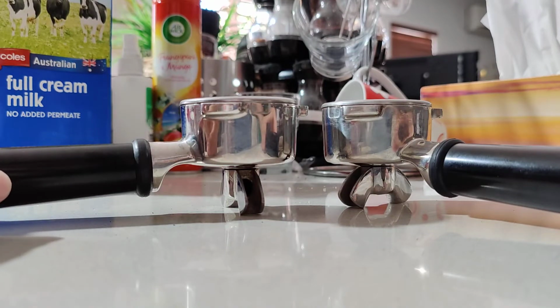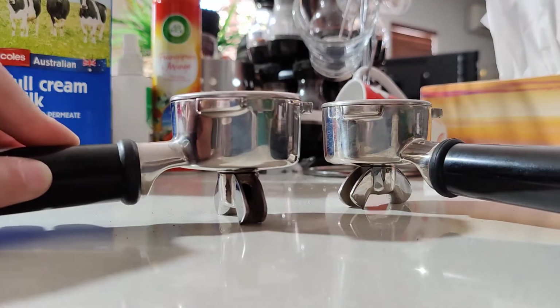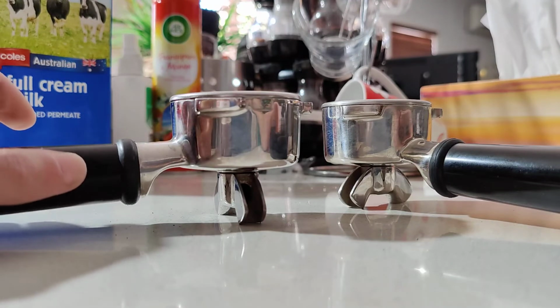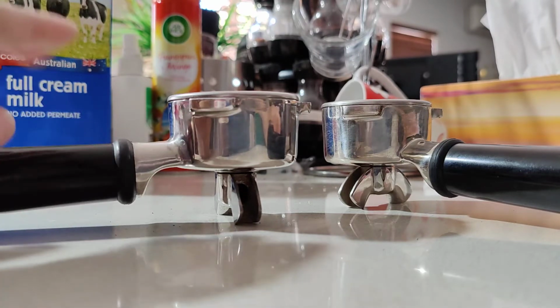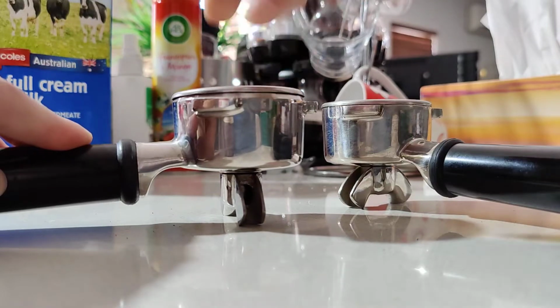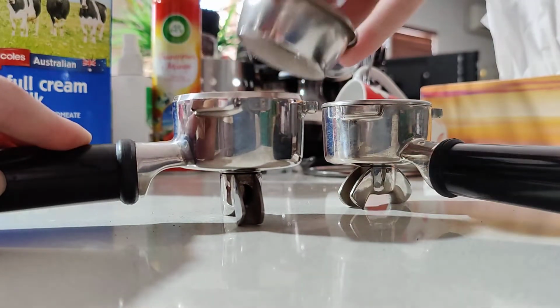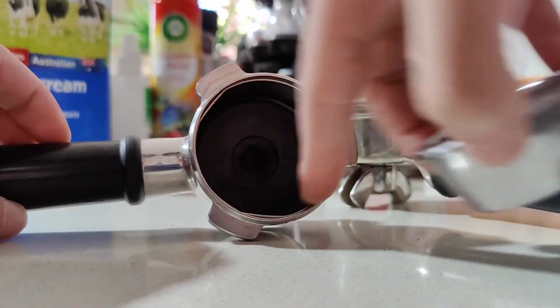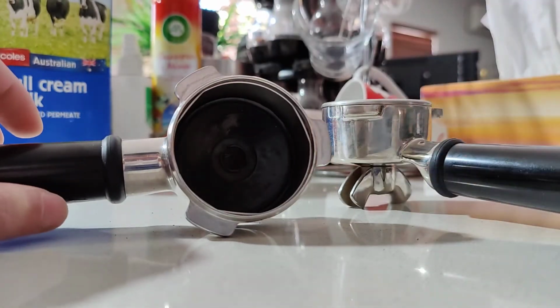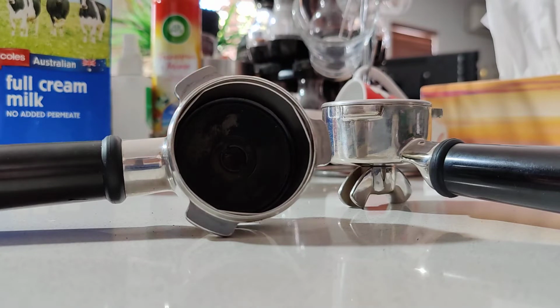I know people that say they take off the basket after every shot or every day. I think that's a bit too excessive, but people do what they like, so it doesn't really matter to me. But what I will say is that the more often you take this off, the more loose it'll become, obviously because you're putting friction on this edge of the spring, and what you'll have to do is tighten it. So obviously take out the basket,